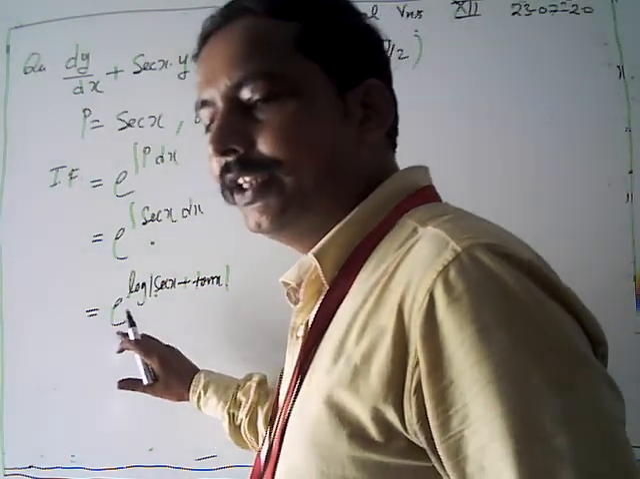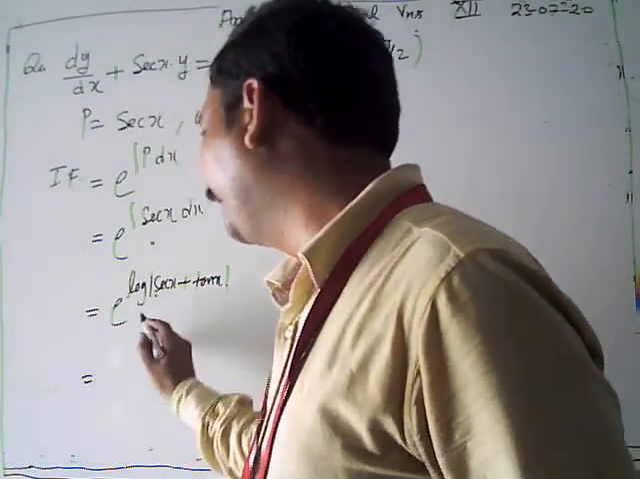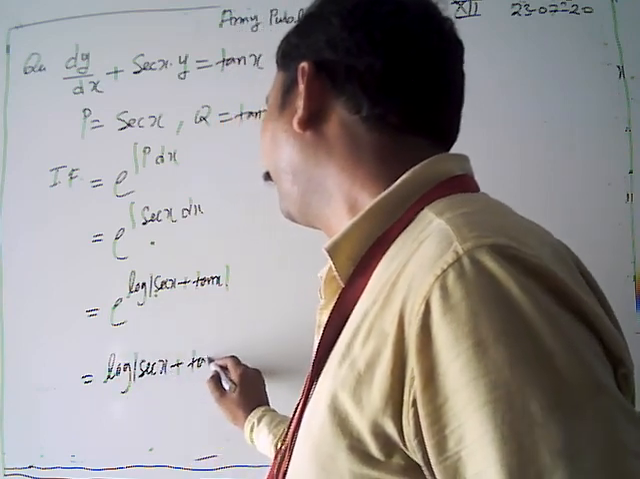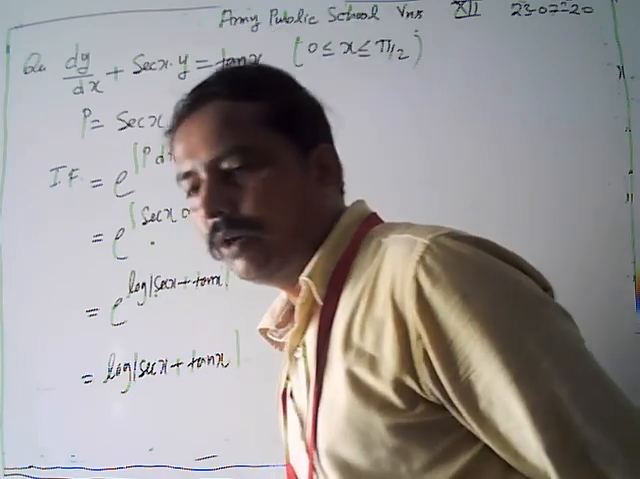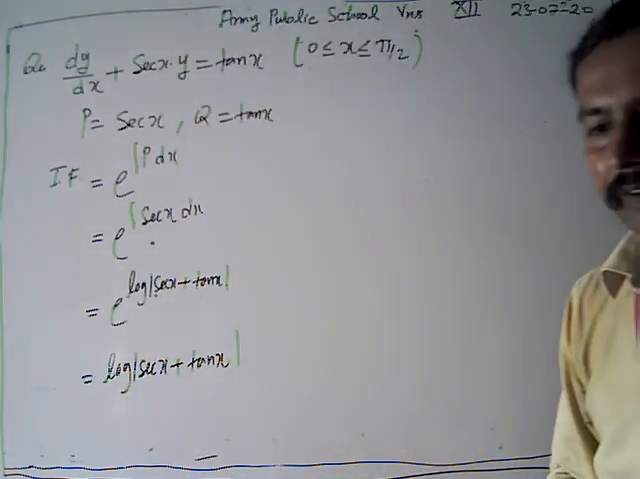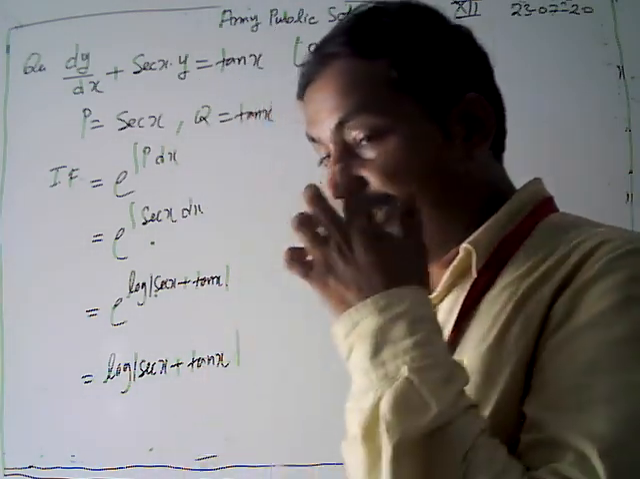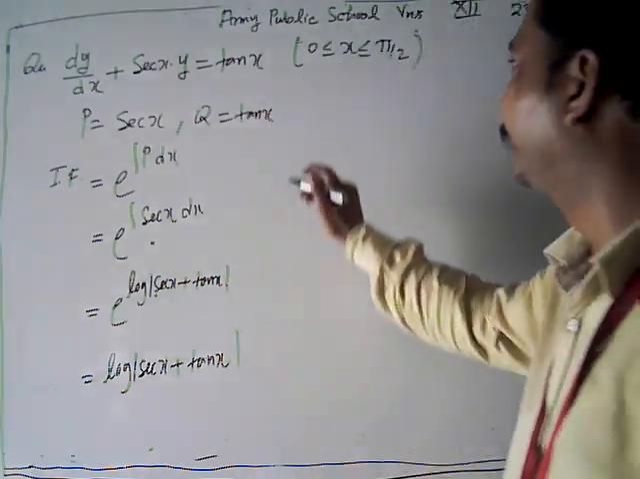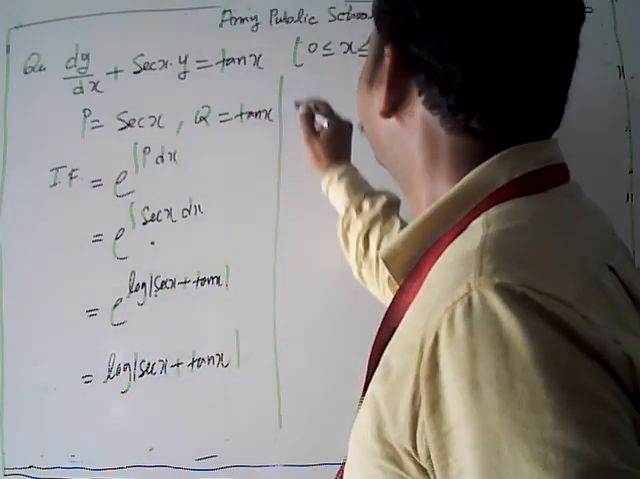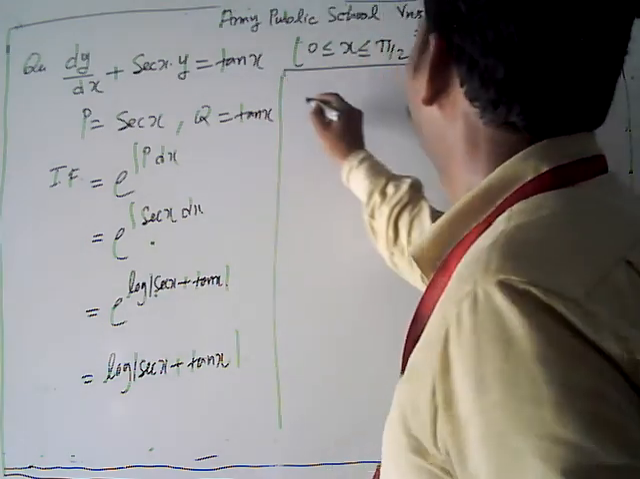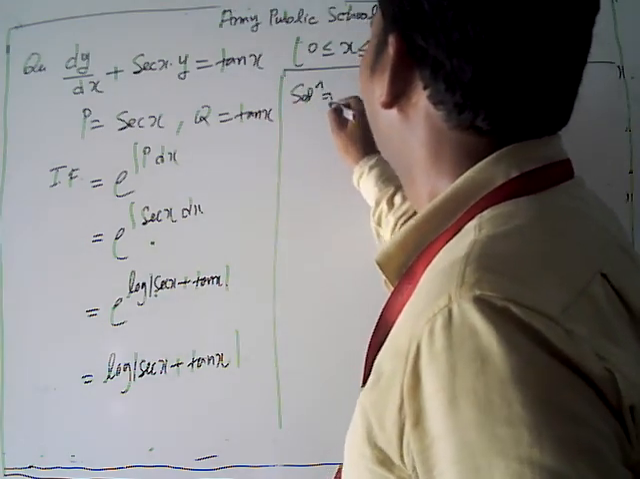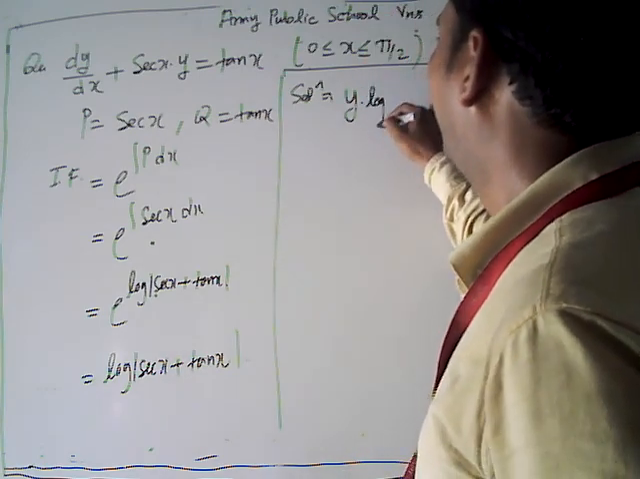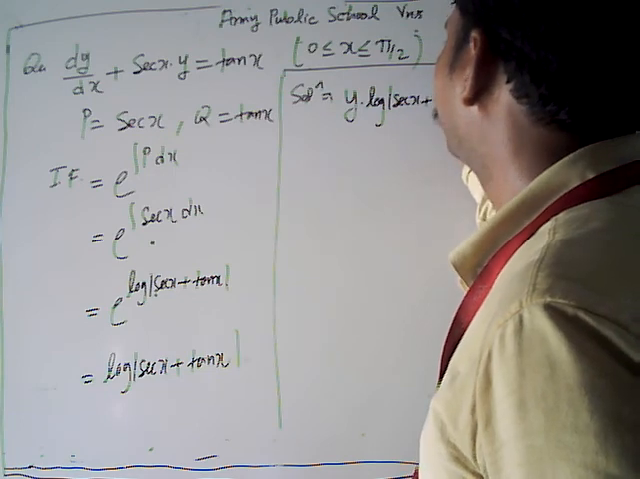Now again e to power log f(x), what do we get? Now look, we get our integrating factor. After getting the integrating factor, what do we have to do? We are going to find out the solution there. Now what is our solution? y into this integrating factor, sec x plus tan x,